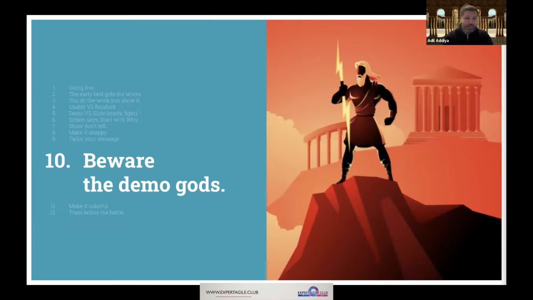This is something that software folks know well, as we saw in the first video. There is this thing called the demo gods, where basically every time you want to show something live, they're going to screw up with you and make sure your demo doesn't work. So prepare for that. As we said earlier, in Murphy's law, anything that can happen will happen. So prepare for that.